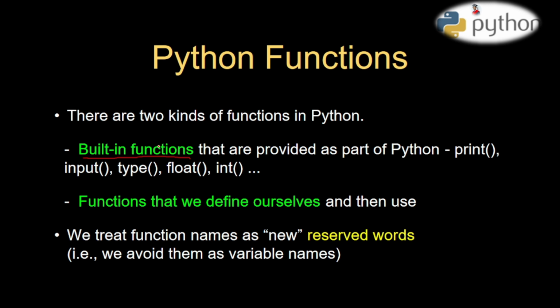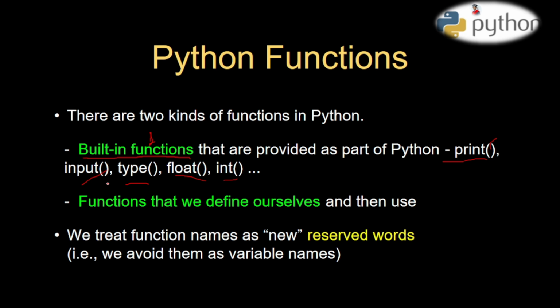Functions: the first one is the Python built-in functions, and the second one is custom or user-defined functions. In our case we use only the built-in functions. What are these? For example, print, input, type, float, int. This is a list of Python built-in functions. Print is used to display some text to the console or the output window. Input is used to accept